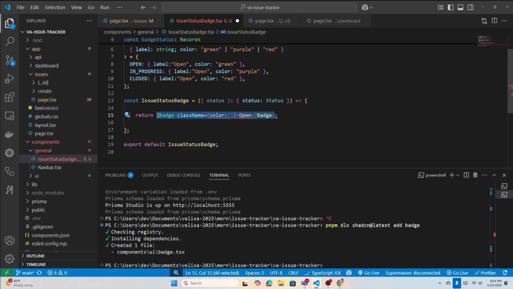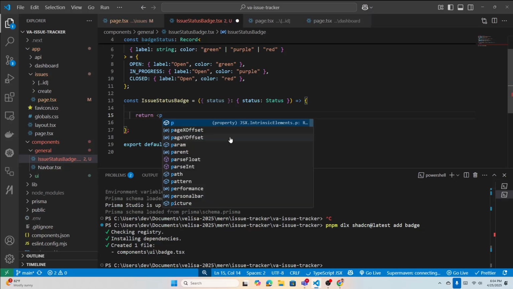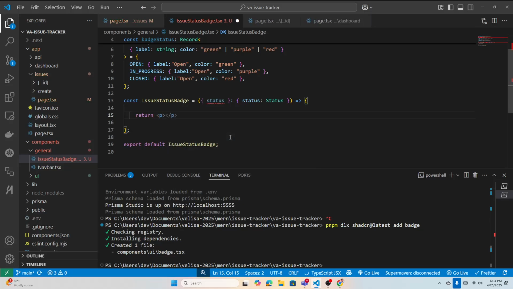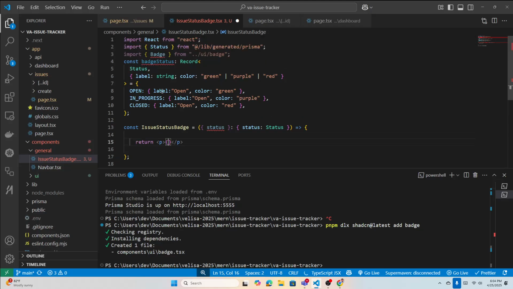I'm just gonna add a p tag, because I need to find out how to add the default value to that badge, right? So let's say I just put a p tag here, right? So now you want to display the data here. That will be what? The label, right? So we can call it, let's call it, how are we going to get the label, this label. So the